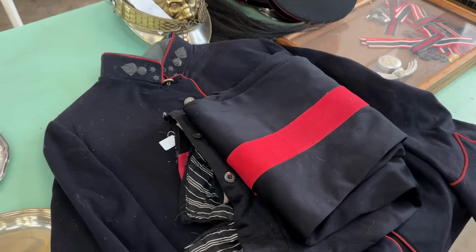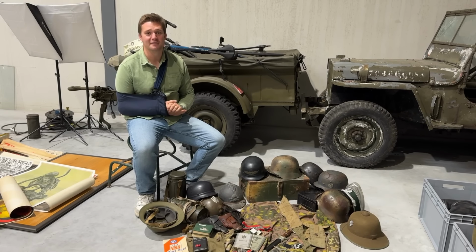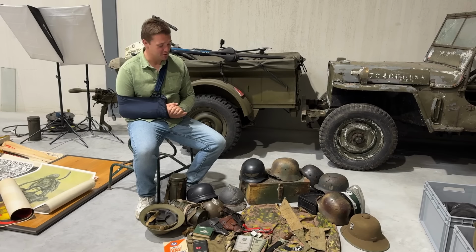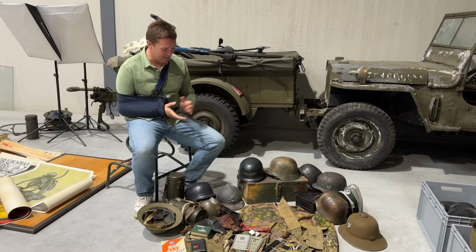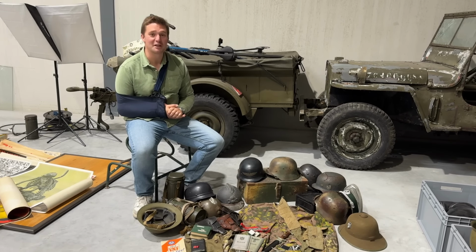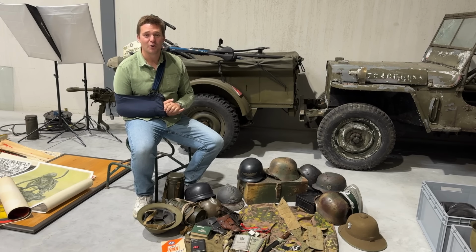So here we are back in my warehouse. I've just put all the items here on the floor that I found in the Wavre show. I must admit, this was the best Wavre show I had in 10 years or something. So I sometimes come home with a bayonet and an ammunition case, and now I found all of this. It's an incredible find for such a small show, but you see, if you don't go there always,